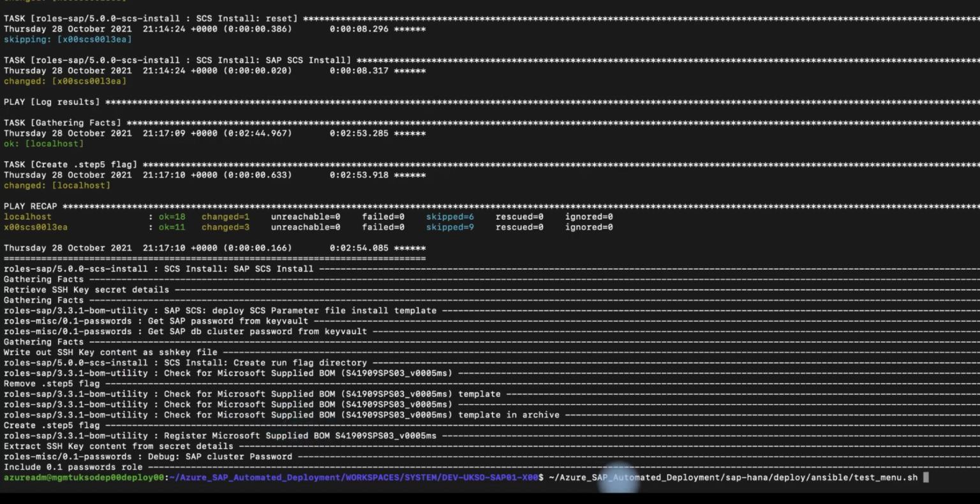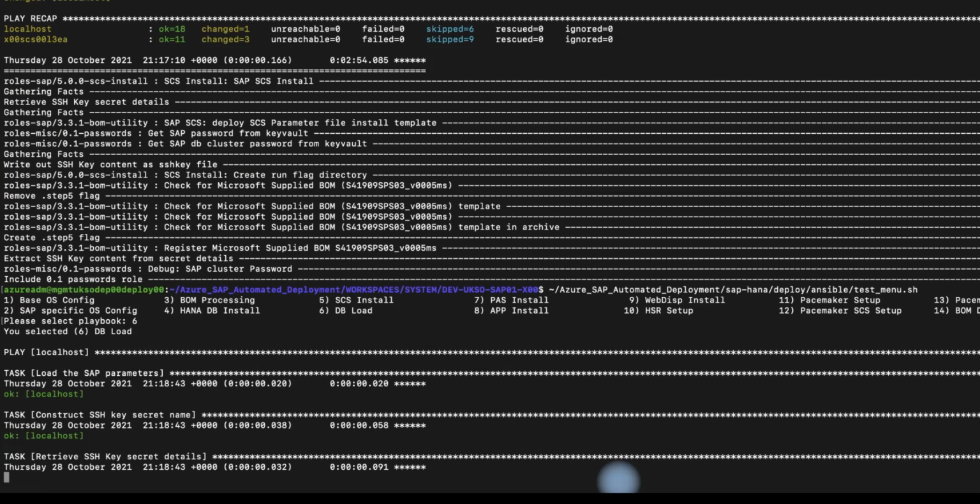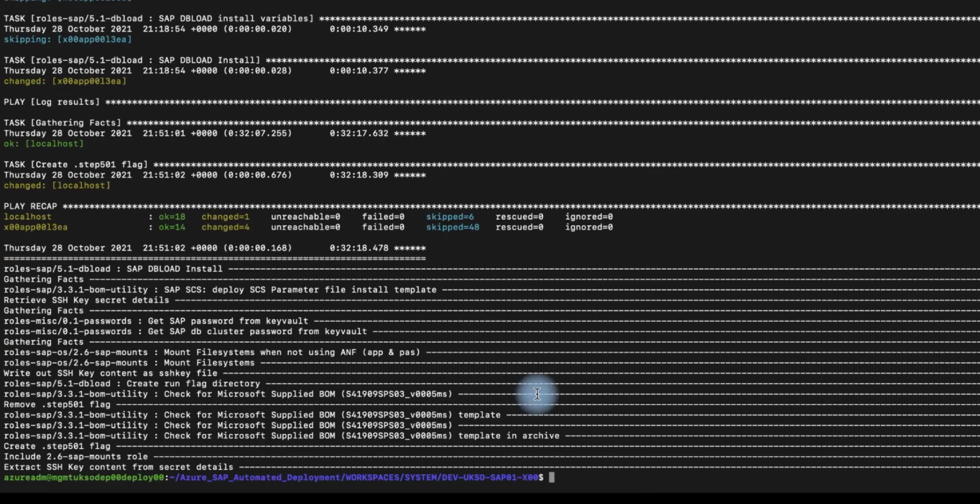So our next step is to go back to the menu and run task 6, which is DB load. This does take 30 minutes, so just like everything else, I'll start the DB load task and come back. All right, and so we're back. We've completed the DB load. As we can see, we've completed after about 30 minutes or so. So we're going to go back to our menu,